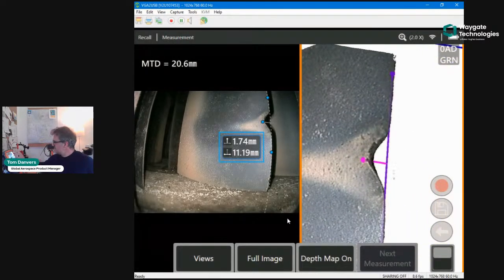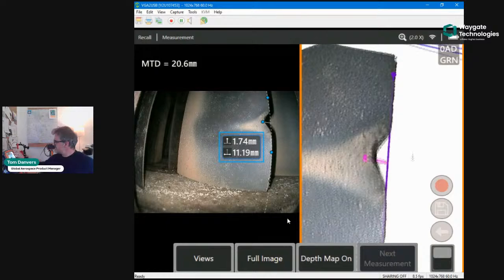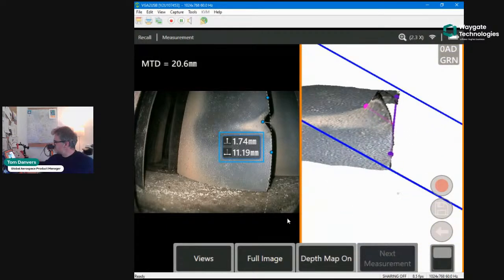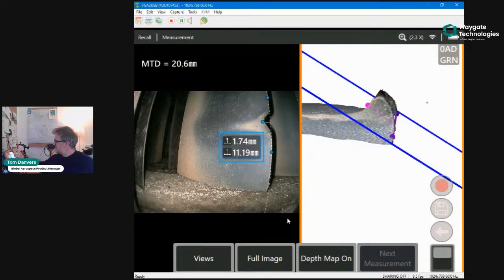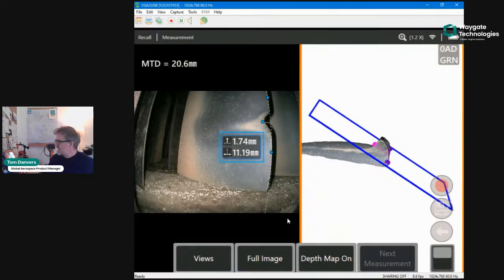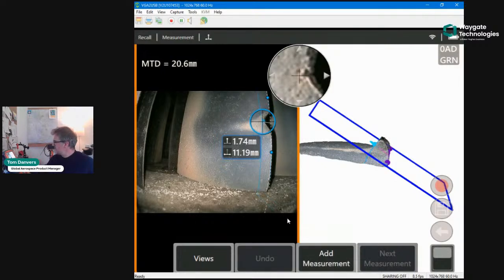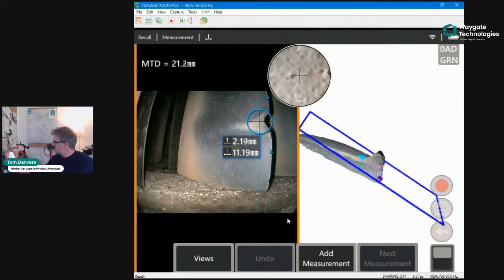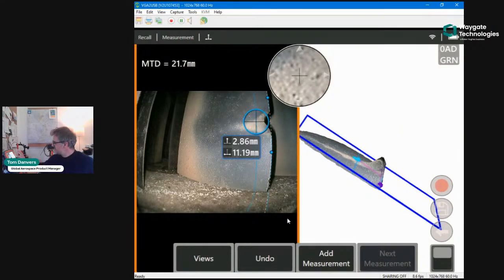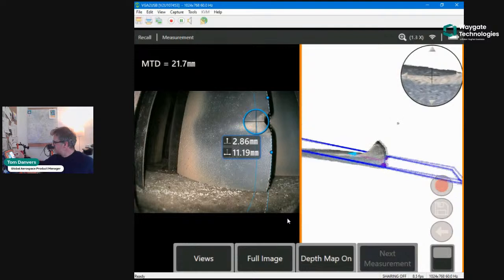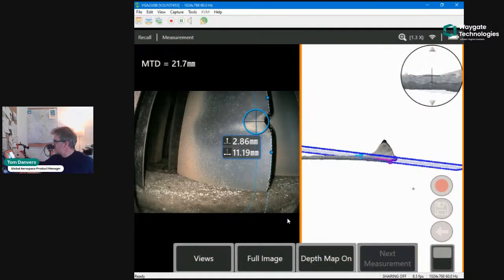And in that orientation, it looks like a nick or missing material, but you drop the plane or rotate the plane, and you can quickly see that the plane of my measurement that's represented by the blue box is clearly not lined up with the plane of the aerofoil. There's much more deflection still there. So the edge of the defect is really, as you move your third cursor point and your plane is aligning with the aerofoil plane, you realize